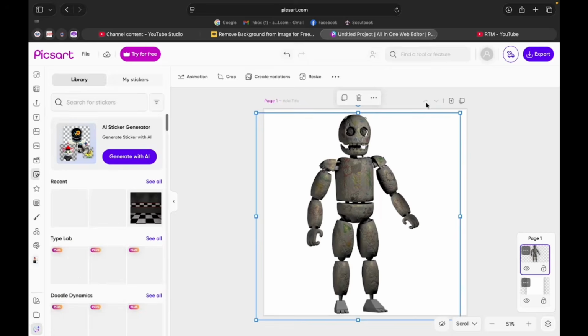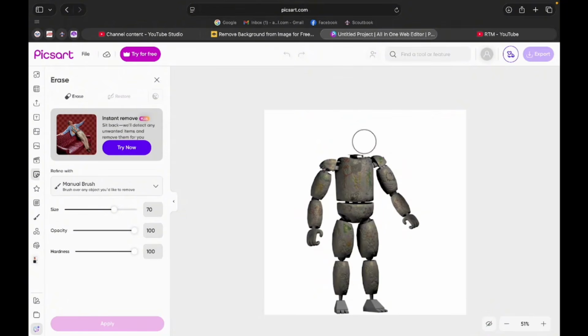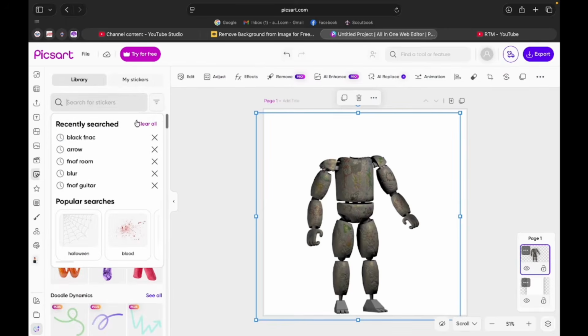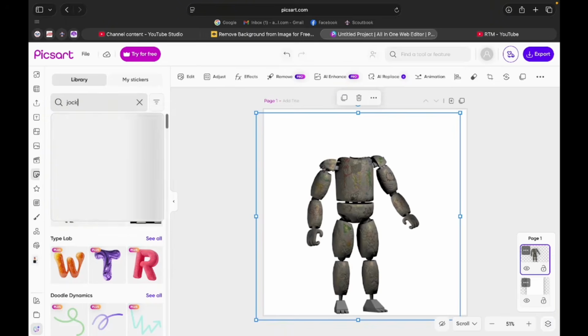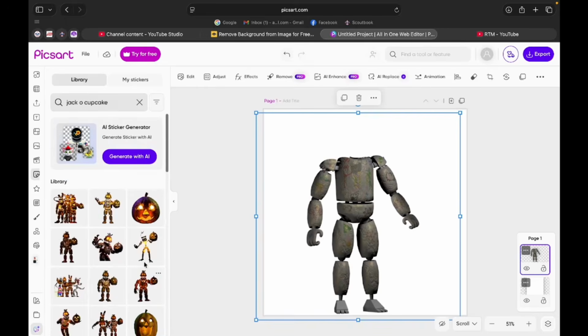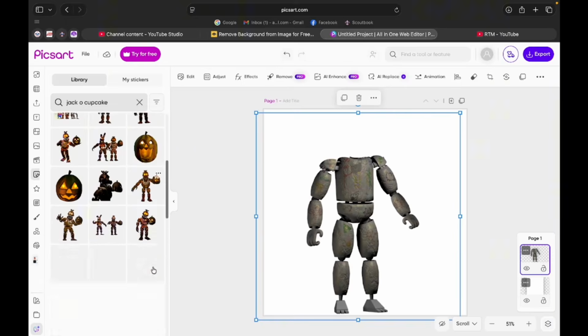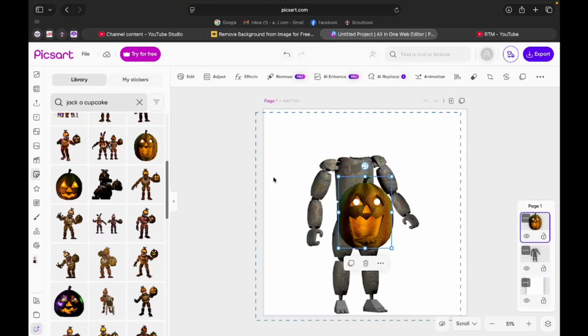So let's start by removing his head. Let's just get rid of that head there. No more head. No more cranium. And now I know exactly what we're gonna do for this. Jack-O Cupcake. We're gonna use the Jack-O Cupcake